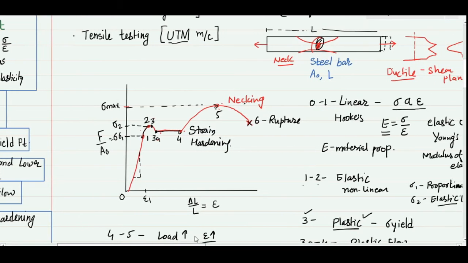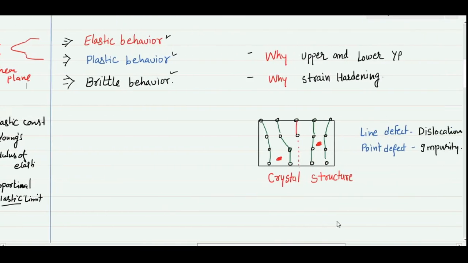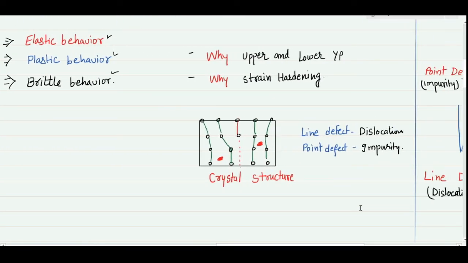After understanding this, let's consider these 2 points which I said, the yield point and the strain hardening. To understand that, we have to go to the microscopic level. This is the crystal structure of a material, and normally in the structure there are some defects. Which sort of defects do we define? We define the line defect and the point defect. I am not going into too much detail on this, but from the strength of materials point of view, we need to understand these two defects and how they are related to strain hardening and the upper and lower yield point.